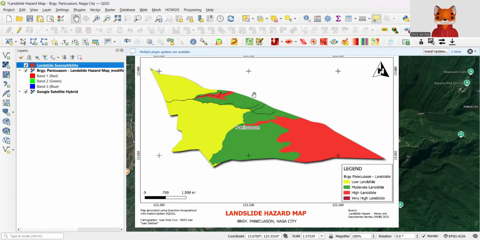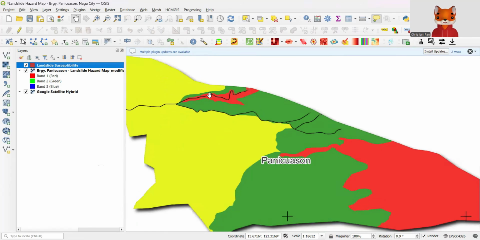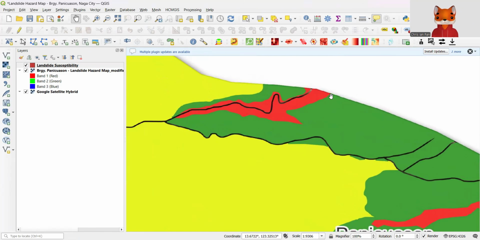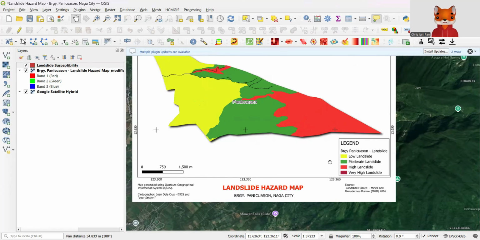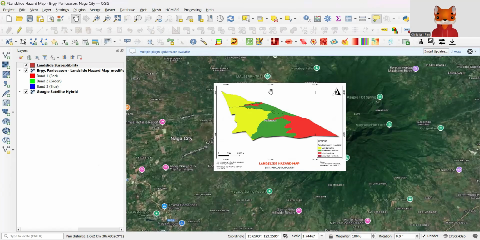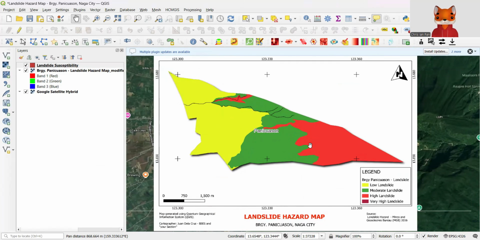Now we can start digitizing the susceptibilities. I can start with this smaller red area, which represents the high landslide. But that will be after we categorize the susceptibility.